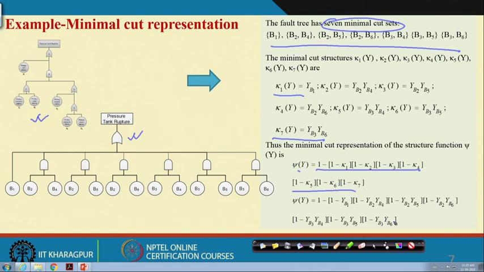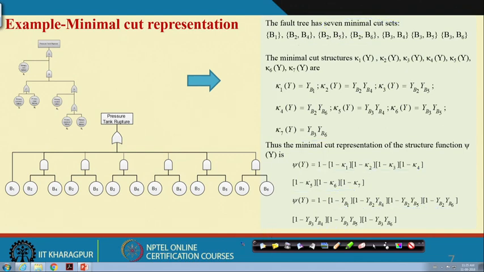Then you have to go to the lowest level. Suppose this one B1, here B2, B4, here B2, B5, yes, repeated events are there. Here B2, B6, B3, B4. So, that means you go to the lowest level representation and then take the expected value. Otherwise, you have to use some more formulas like partial pivotal decomposition, or the inclusion-exclusion formula.